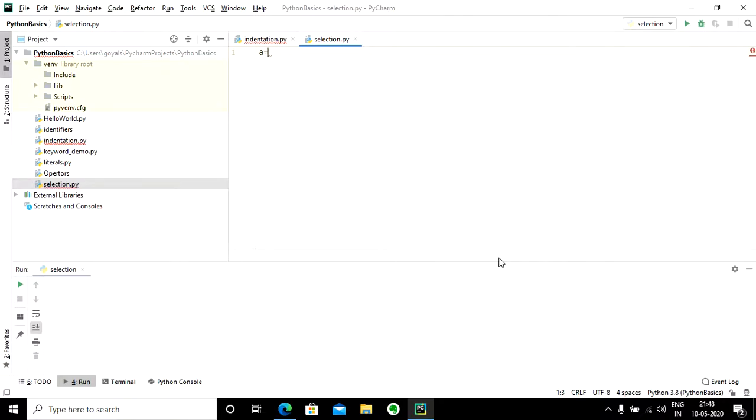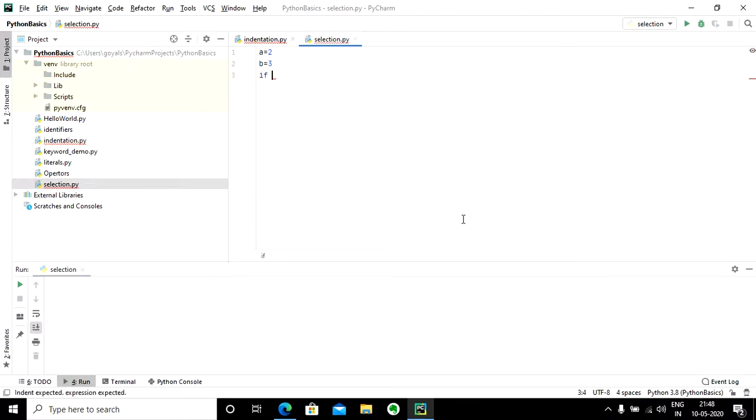I have created a variable called a and assigned a value 2 to it. Similarly, I have created another variable b and assigned a value 3 to it. Now I need to check if a is greater than b.